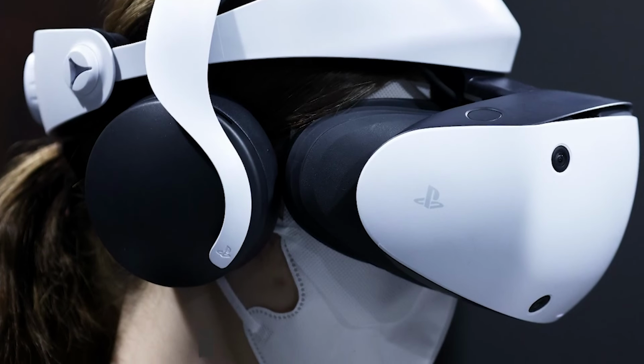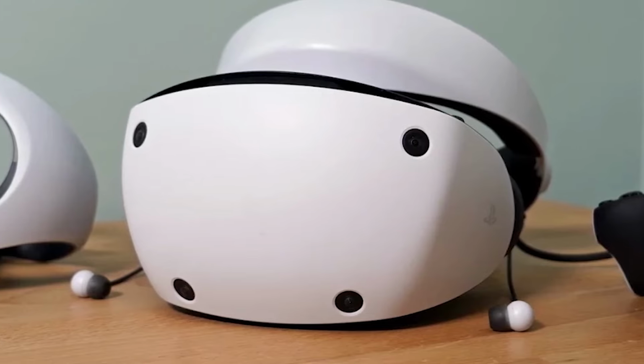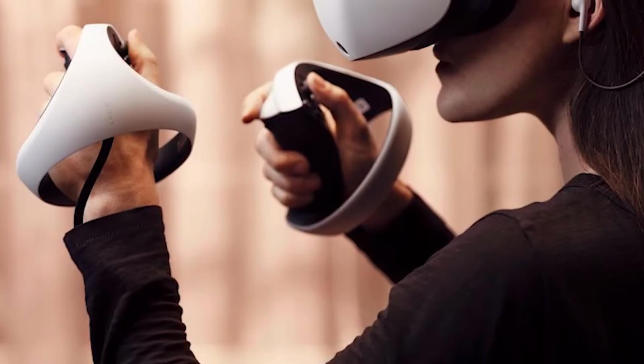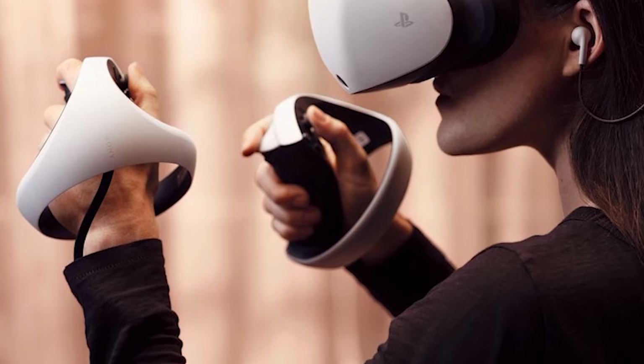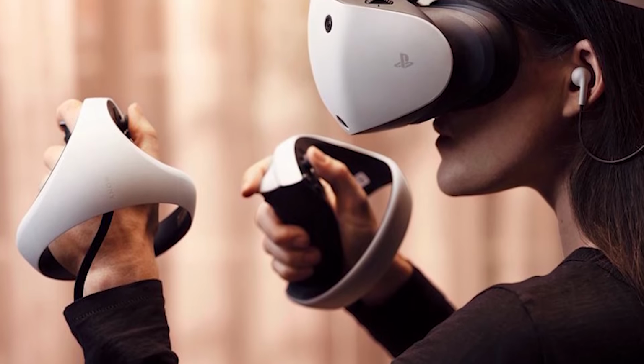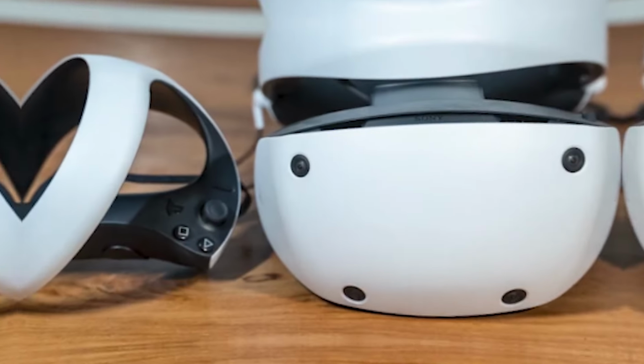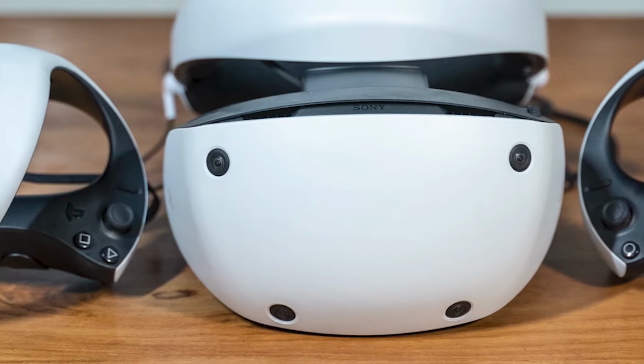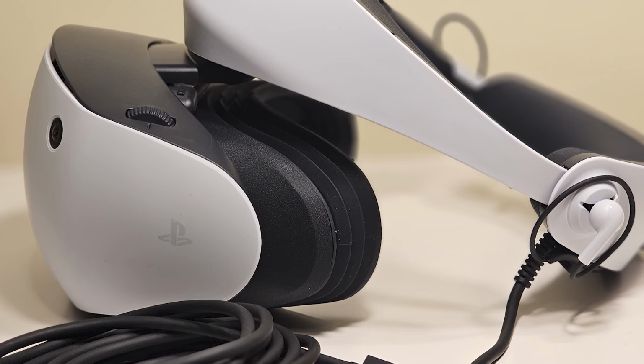With a 4K OLED display that has been improved by HDR technology, this headset provides a realistic experience. It has an eye-tracking feature, integrated tracking cameras, and a 110-degree field of view. 2 of Sony's cutting-edge sensing controllers, praised for their haptic feedback and adaptable triggers, are also included. The PlayStation VR 2, which debuted with the DualSense controller for the PlayStation 5, is dependent on a single USB-C